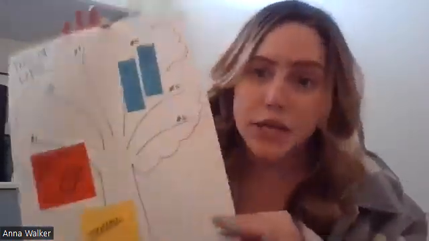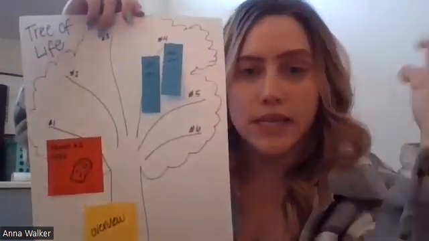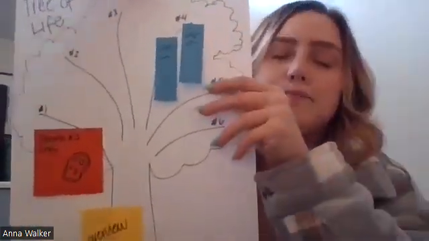But the main thing is that your tree needs to have some sort of trunk, as well as 6 branches that represent the 6 different kingdoms. So you'll decide maybe what kind of tree you want, how you want the branches to be represented, and you can start sketching that, because before you get your big piece of poster, again, this is just a mini version